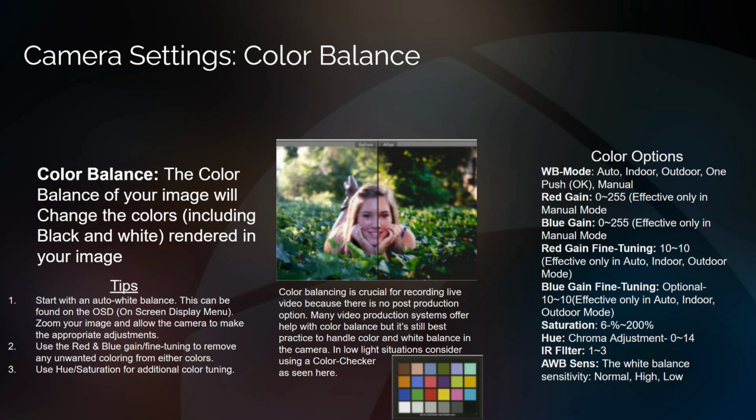And then, of course, another big area of getting your color correct and your color correction, which we will look at in this course, is color balance. And you want to make sure you have a balanced color. And there are tools for achieving balanced color. There are white balance modes, such as automatic, such as a one push, which we'll do in this course, to help you set the colors properly. And you'll notice that everyone has issues with color correction in video production, multiple cameras, getting them synced up together. It's easy to do once you know how, and we're going to go over some of those tools and tips